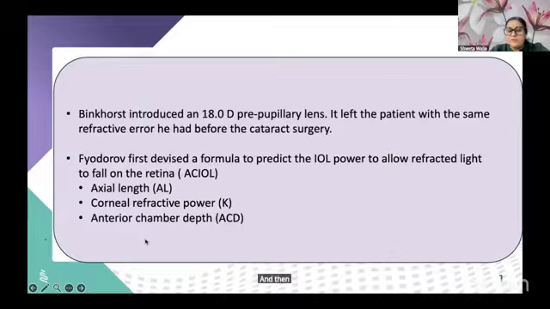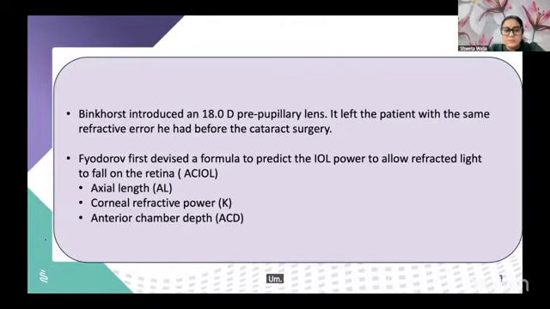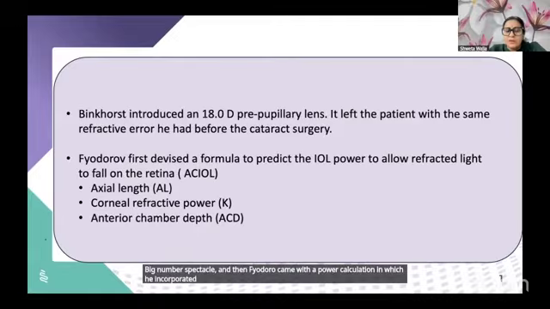Then Binkhorst came up with a pre-pupillary lens, and he also had the same refractive error. This led to some improvements and IOL power calculation, so that the patient doesn't have to wear such big number spectacles. And then Fyodorov came with a power calculation in which he incorporated axial length, refractive power,